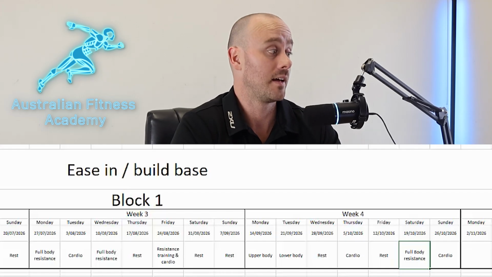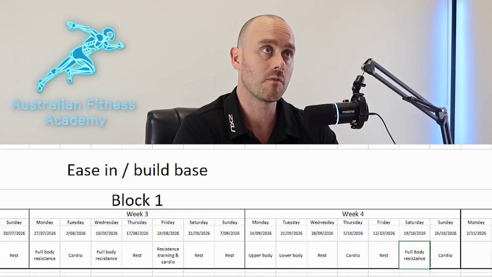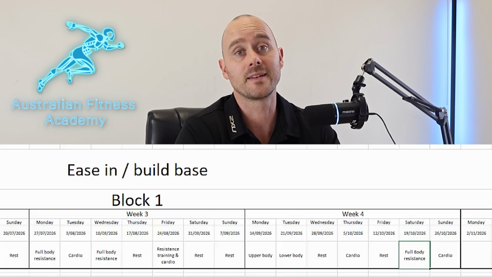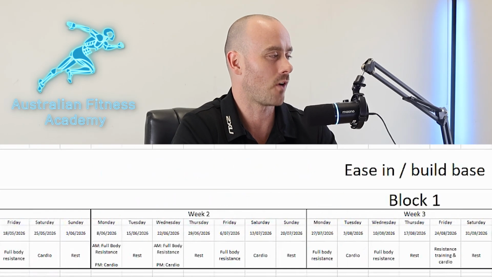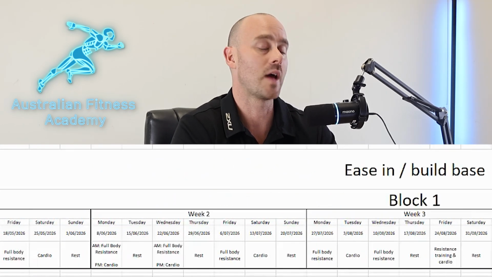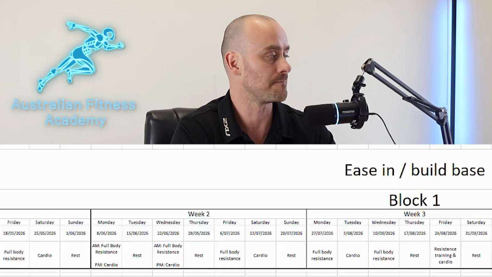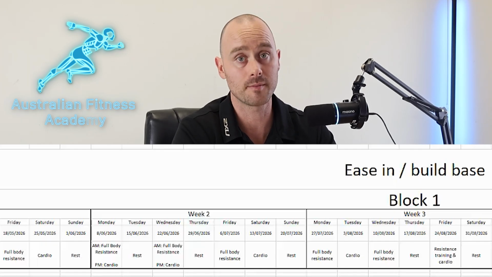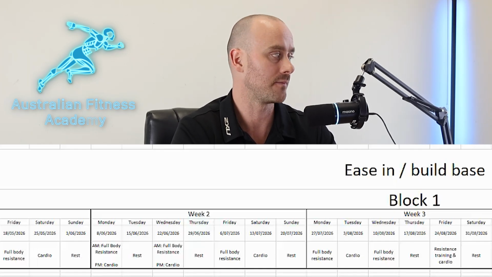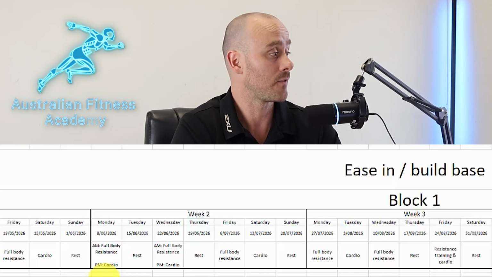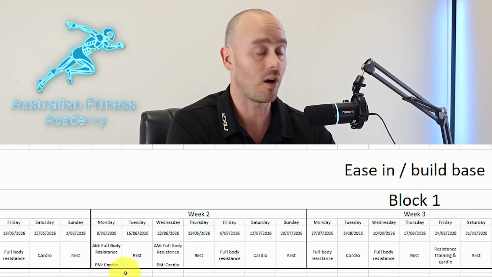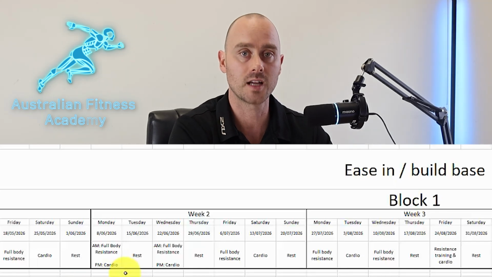So however we go about it, we generally want to be at least training our muscles 2 times a week, potentially 3 times a week if we can get it in, and then we can sort of manage our session volume a little bit better. We don't need to do as many sets if we're training a muscle group 3 times a week, and we can then fit in our cardio around that potentially. So these are just some different options that I'd sort of highlight in terms of weekly structure.